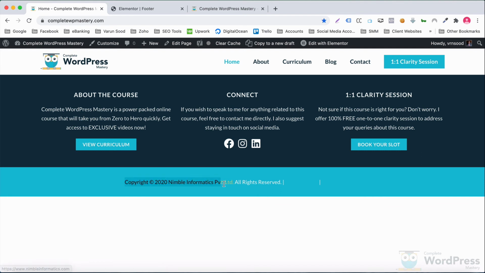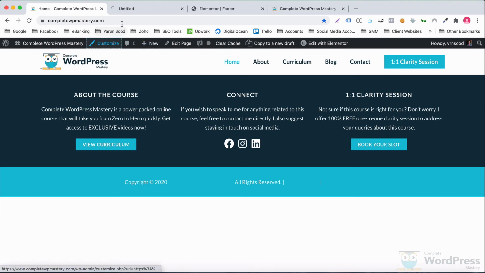You'll notice that the hyperlinks are not visible. They are actually there, but their color is the same as the background color. If you hover over the links, they turn yellow. If you remember, this actually is the color scheme we had specified for the links in Astra's global settings.